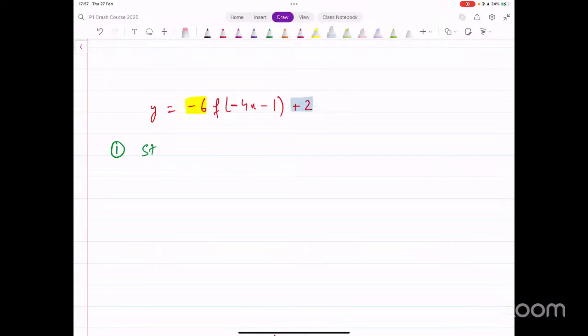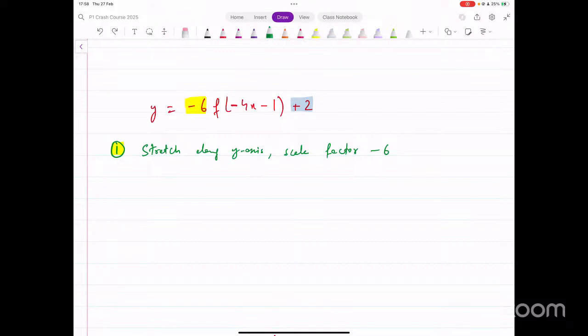If we choose to start with vertical, we can say number one, we have a stretch along y-axis with scale factor -6. Now you could write it as two separate transformations. You could say it's a reflection and a stretch, and that's okay. Or you could write it as a single transformation as well. You could say it's a stretch along y-axis, scale factor -6, and that incorporates both reflection and stretch inside it,